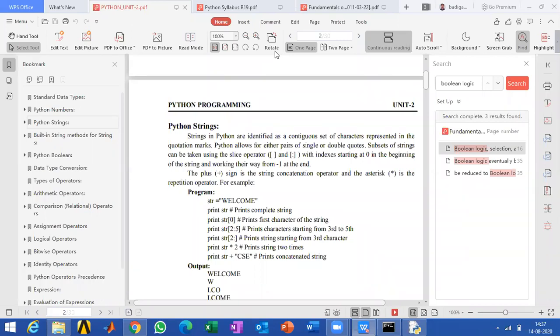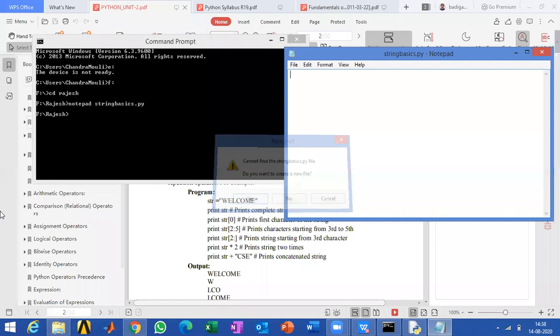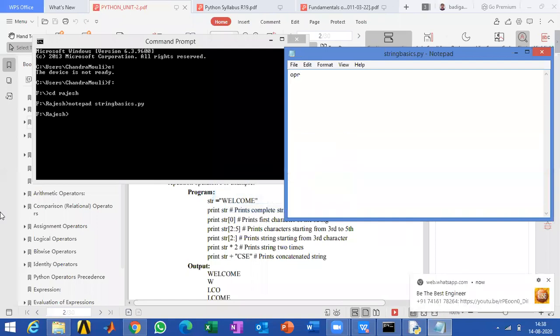And here especially Python string slicing is important, and the operations that we are going to consider are under Python strings. So the operations under this string, first one is len, in order to calculate length,